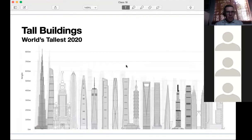So, tall buildings. Just taking a look at some profiles. I know we're short on names here, but we'll get to some of the names. It's not too much exactly as to what all they are or where they're located. But I don't know if you may have seen some of these buildings, but this really is just here to give us a feel for the